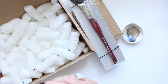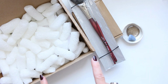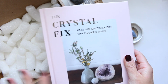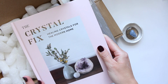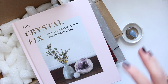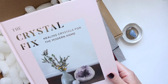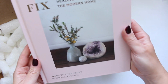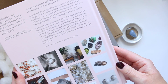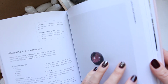Okay, now actually there's a couple more things which I wonder, shall I show you or not? Since I spoke about the crystals here, I think I will give you a quick sneak peek. So I got this book, and I literally started reading it the same day it came. It hardly happens to me when I order books. I usually take my time, don't rush into things, but I was so into it, and I am really into it right now. So this is called The Crystal Fix, Healing Crystals for the Modern Home. I just love the presentation of it, and I already read most of the beginning of the book, and it is so nicely written, and the photographs are stunning, and this is why I'm so inspired to start